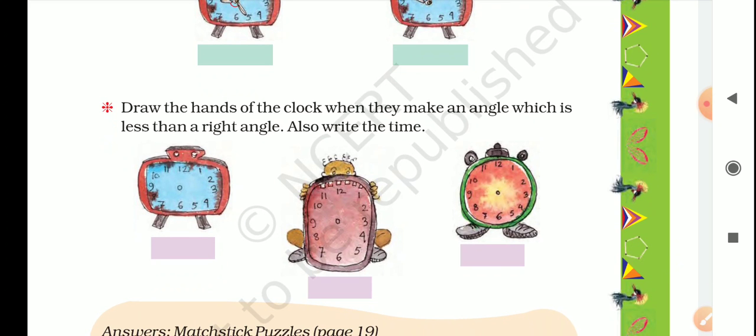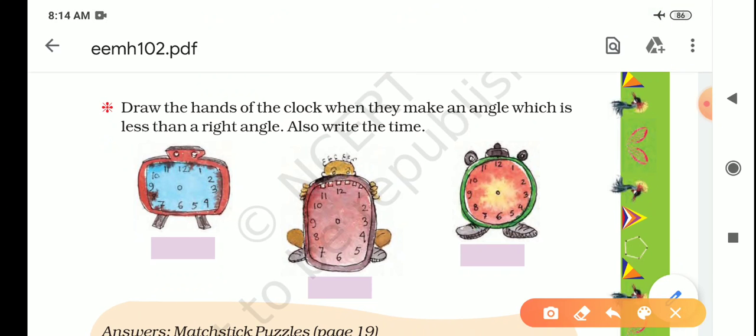You don't have to draw a right angle. Here you have to draw an acute angle formation, which is less than right angle. Less than right angle means acute angle. So in one clock I am drawing the timing, and in the other two clocks you have to draw it in homework. So like this I can say that 1 o'clock,